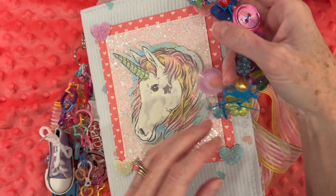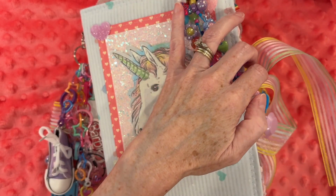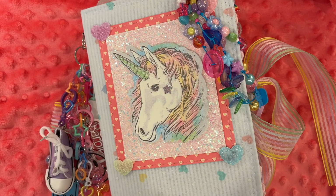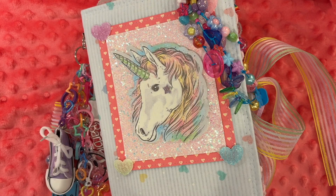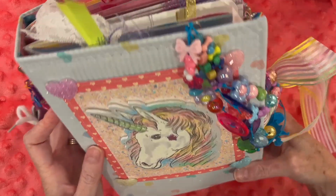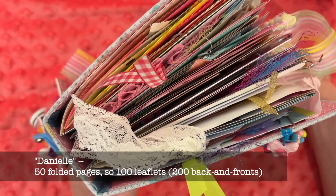This journal is one of the fabric covers, and it is a light blue with hearts material. I'm pretty sure this is material from the 80s, and I have named this journal Danielle. I went and looked up the top girls' baby names in 1985, and I used those as the names for each of these journals. This journal has 3 signatures,